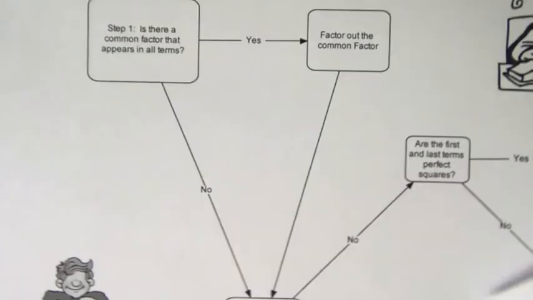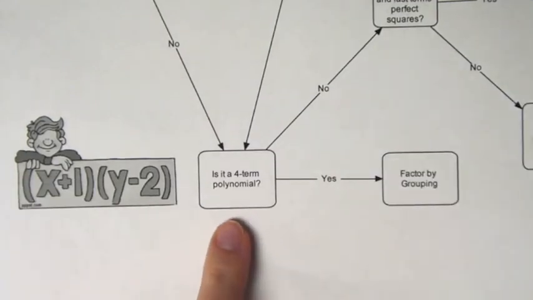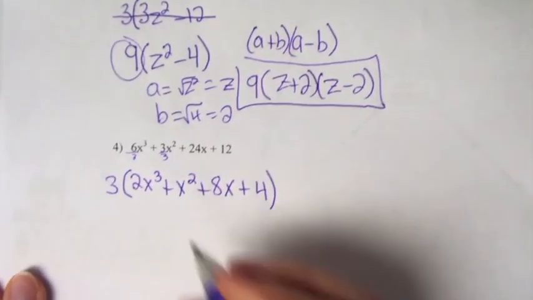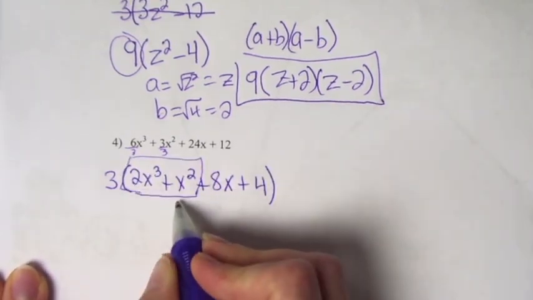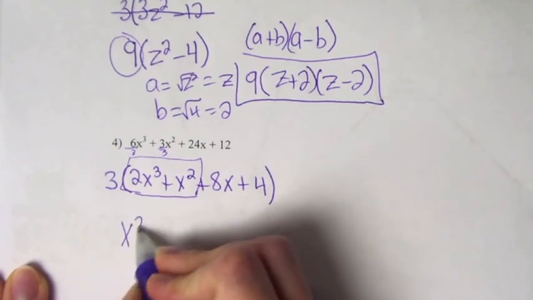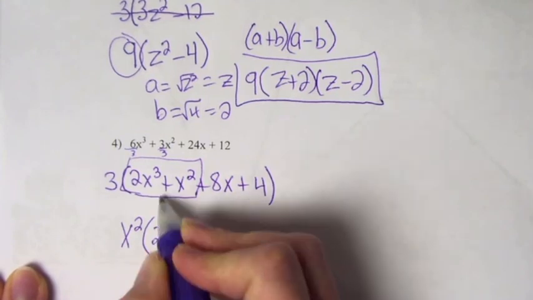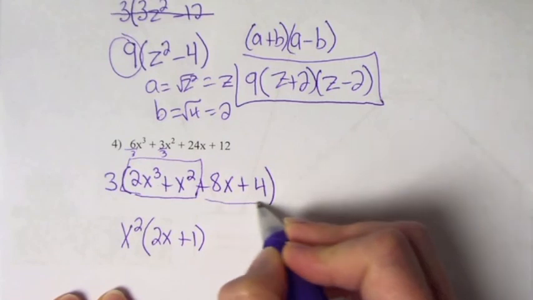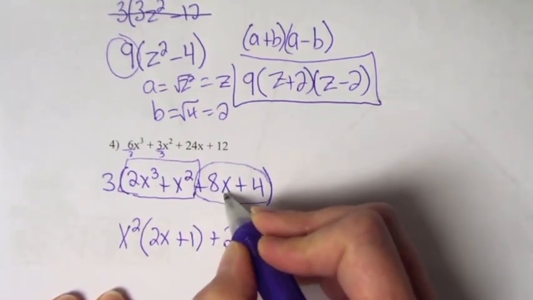So let's look at the next question. Is it a 4-term polynomial? This time we're going to go with the yes. So then it tells us we must factor by grouping. And in the 9-8 notes I showed you how to do that. You want to look at these first 2 terms and see what's common. If you look at these, what's in common is just an x squared. And then what's left, if we take out an x squared, we are left with 2x plus 1 there. Then we're going to do a factor of these 2 terms. They have a common factor of 2, a positive 2. And if we take a 2 out of here, we're left with,